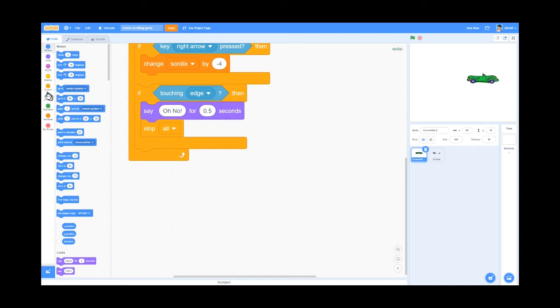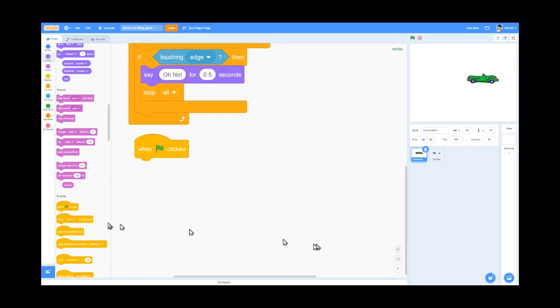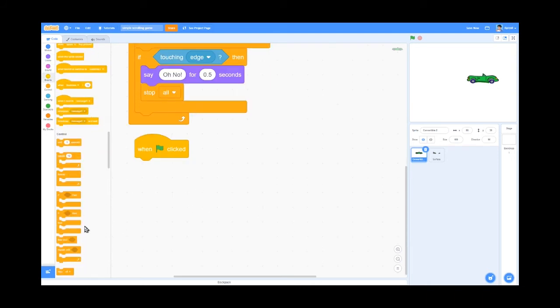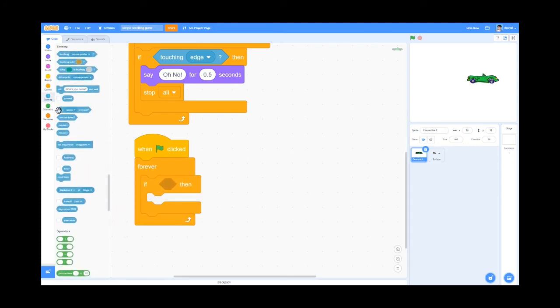So we can drag out a go to events, drag out a when green flag is clicked block, grab out a forever block in control, forever if, and then we want it that way when the left key is pressed,